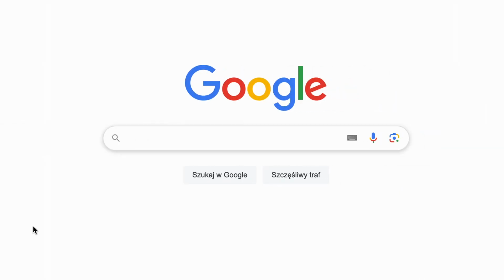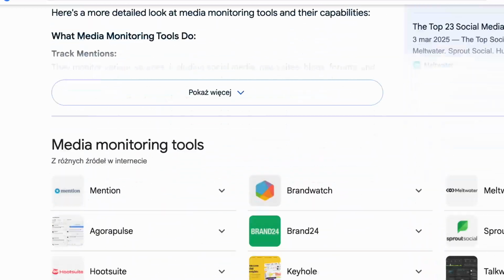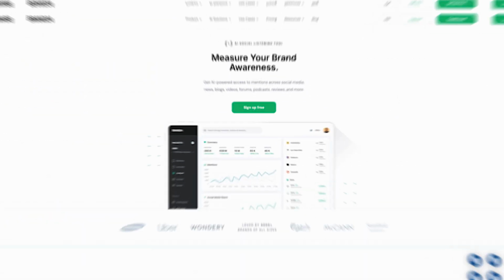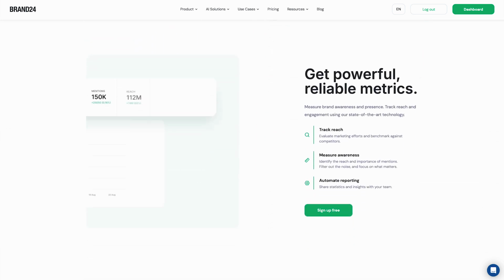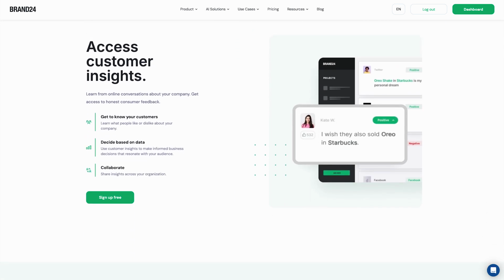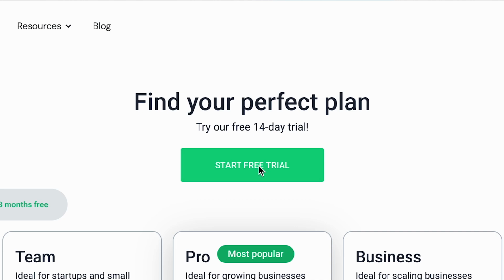One time I saw that Google News started to give fewer results than it used to give, and I thought that I needed a tool to help me monitor all mentions. I made a quick market analysis of what tools we have nowadays, and Brand24 was the best option in terms of the price of the tool and the possibilities it provided to me.